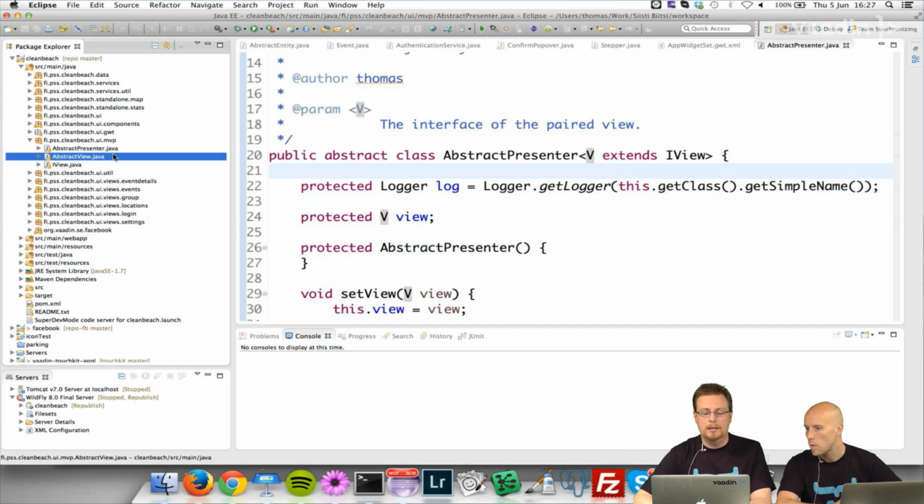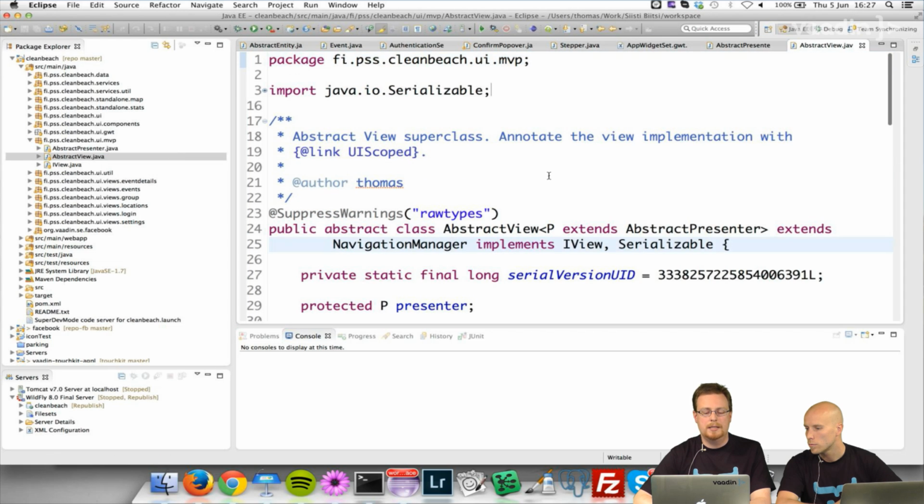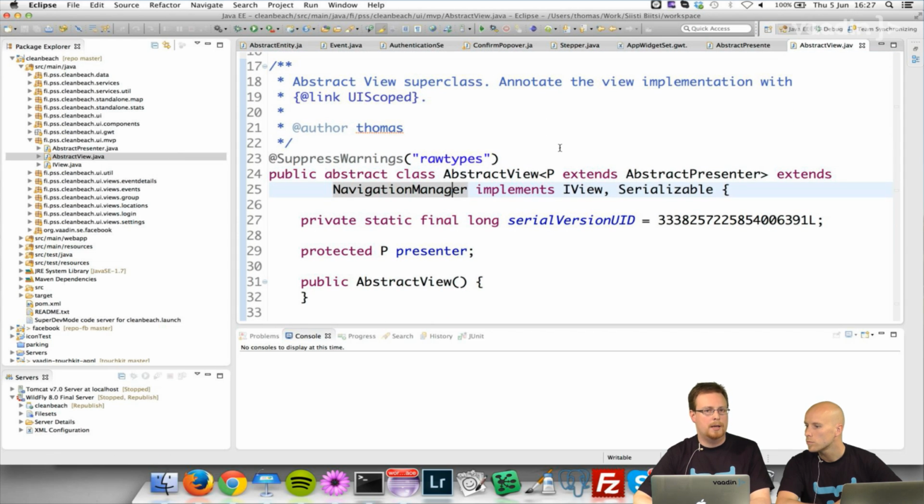The view class in this case is a navigation manager. That's one of the components that TouchKit provides us. It's similar to the navigator in the normal desktop version. So it manages navigation from one page to another. It gives you nice transition effects. Yeah, it does some kind of client-side magic, like to play down the client-server latency and stuff like that. In normal desktop apps, this would be a custom component.